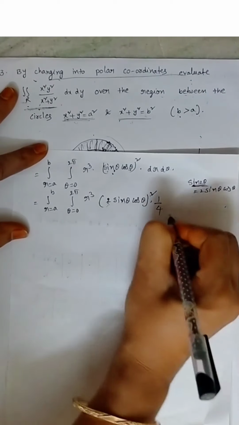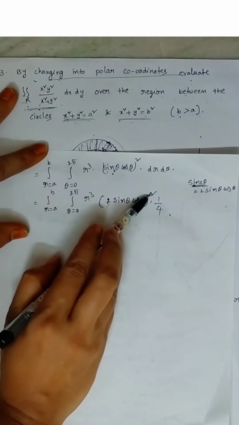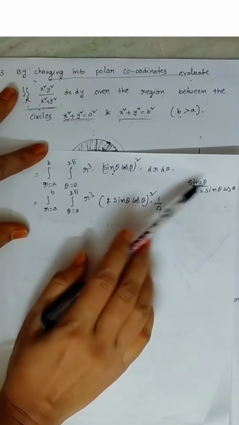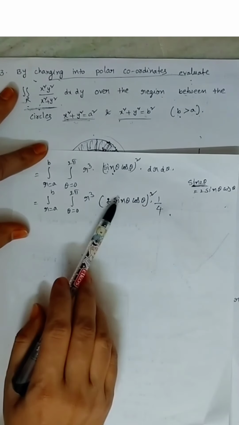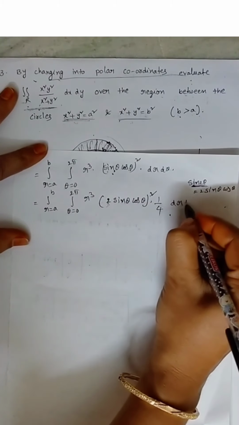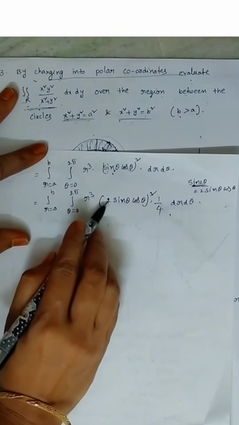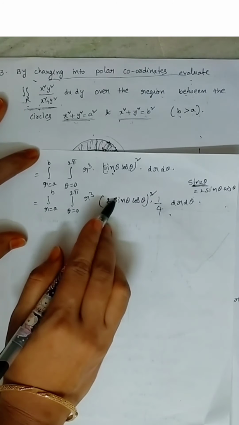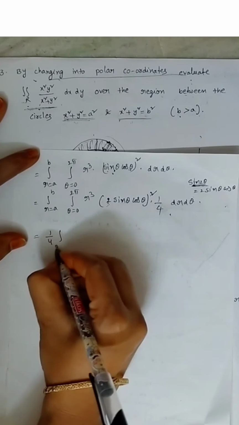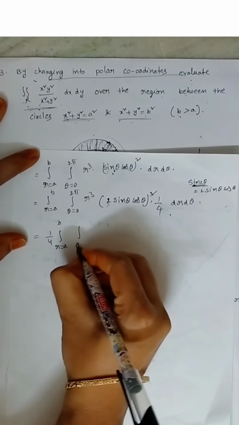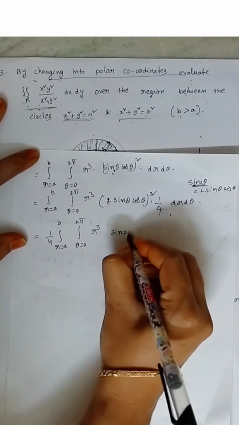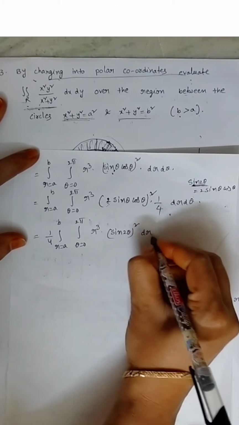So multiplying and dividing with 4. I am writing it just inside the square. So it is 2 whole squared over 4. To make sin theta cos theta into the sin 2 theta formula, I am multiplying and dividing by 4, into dr d theta. In the numerator 4, I am writing in whole square. So 2 whole squared means 4 into 1 by 4. So take 1 by 4 outside, 1 by 4 integral r equals a to b, integral theta equals 0 to 2 pi, r cubed into sin 2 theta whole squared into dr d theta.